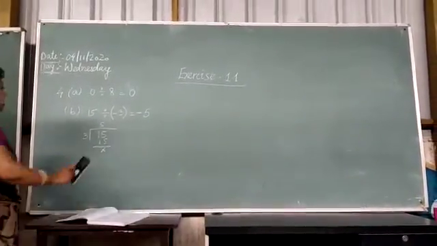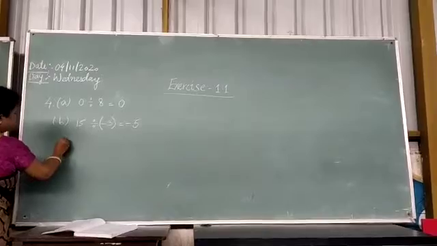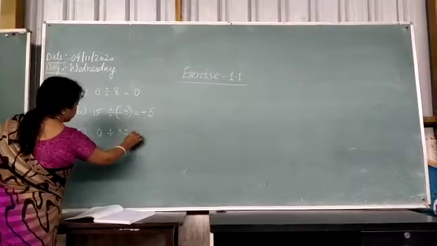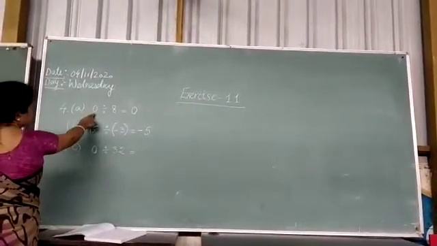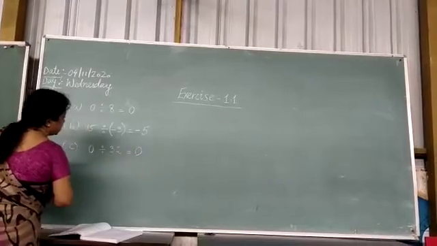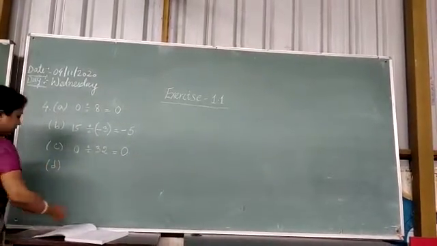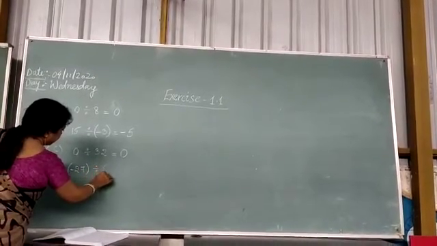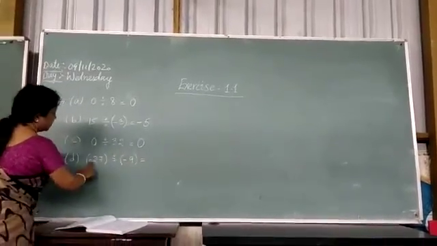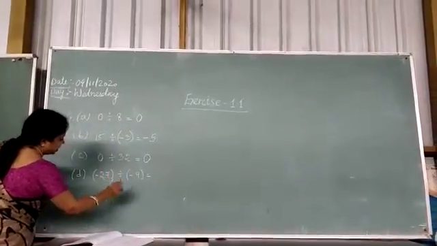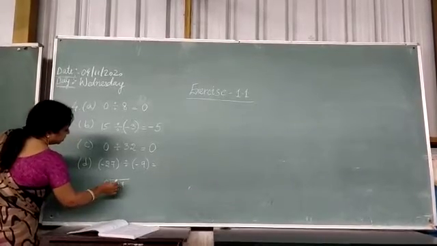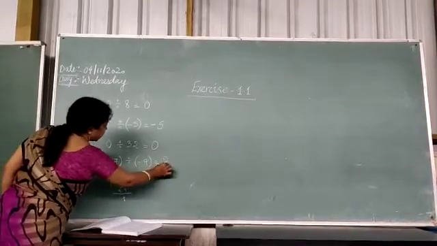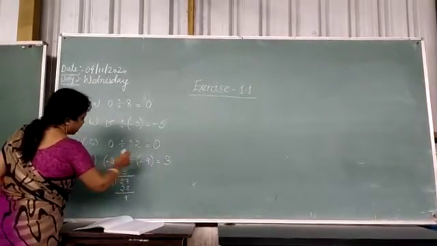Next, number C. What is given there in number C? Number C is 0 divided by 32. So similarly to number A, the answer will be 0. Next, number D. Number D is minus 27 divided by minus 9. So we will not be taking the sign into consideration. First we will divide. So when we divide it, 9 3s are 27. How much is the answer? 3. And minus minus becomes plus.